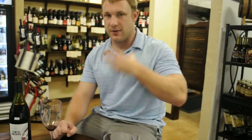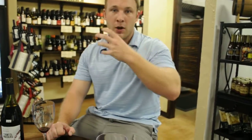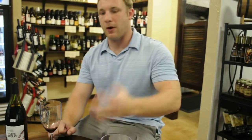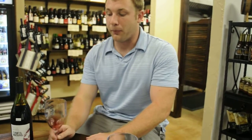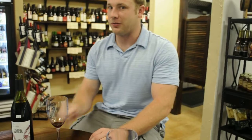What that does is it continues to bring oxygen into the wine, and it also engages all your smell receptors from your nose, allowing you to really get some of these amazing flavors from the wine. Really enhances the flavors that you're going to get. So it's very important on the first sip, as much as you want to take a big gulp out of it, you definitely want to let it